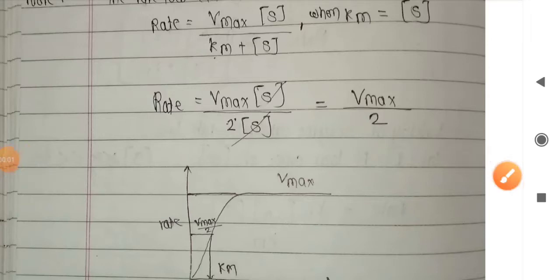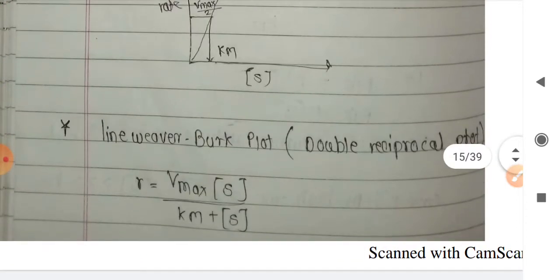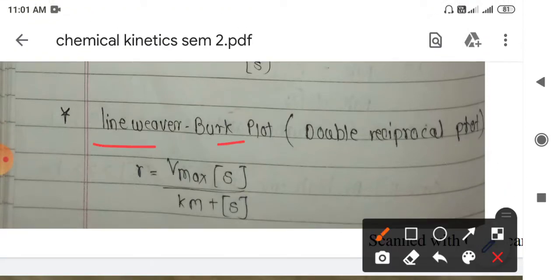So welcome back. In the previous lecture we saw the various forms of the rate law at low concentration of substrate, high concentration of substrate, and when the substrate concentration equals the Michaelis-Menten constant. Next we'll see another form of the equation, which is the Lineweaver-Burk plot and the Eadie-Hofstee analysis. First we'll look at the Lineweaver-Burk plot.